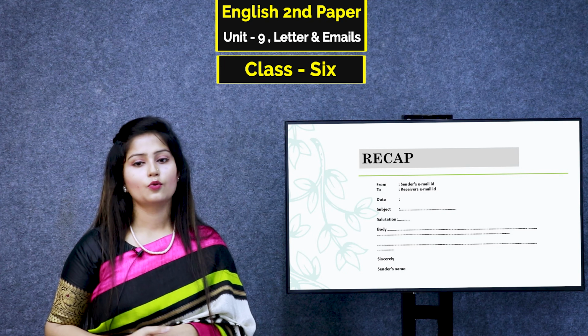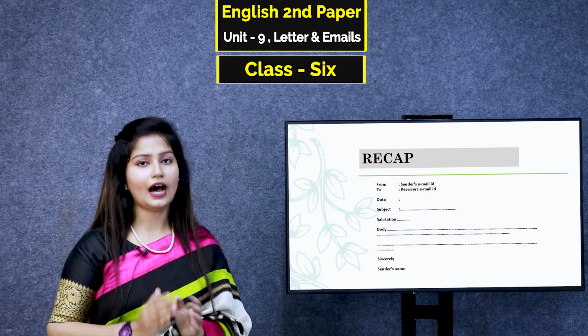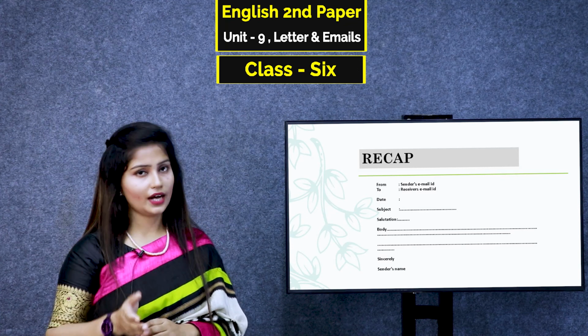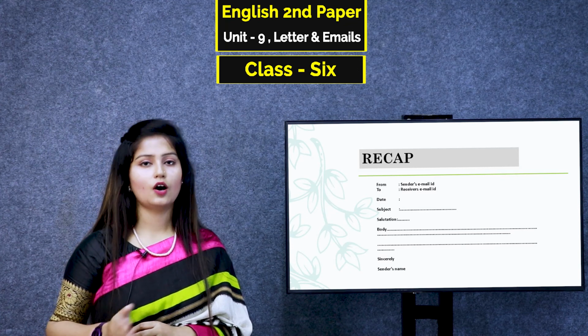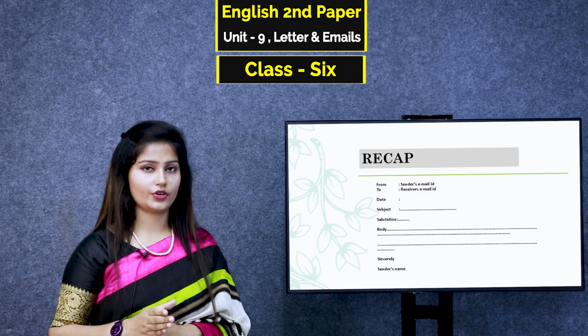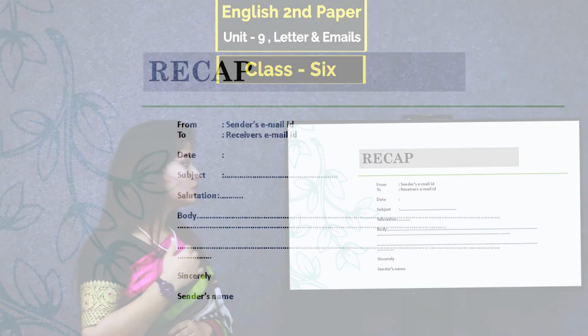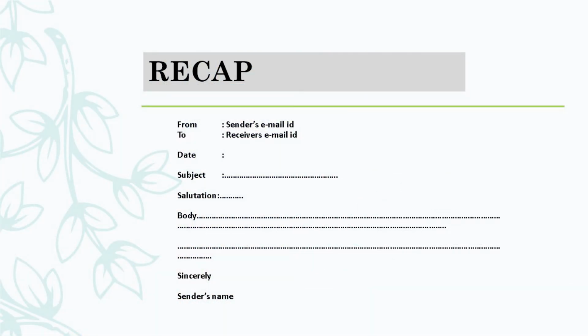Now, dear students, what have you learned from this class? I think all of you are now able to write an email via mobile or telephone or computer, or you can write an email in your answer script in your classroom very nicely. So dear students, remember this: you need to write down the sender's email ID first, then the receiver's email ID, then date, then the subject, then the salutation, then the body part, and obviously the name of the person who is sending this email.